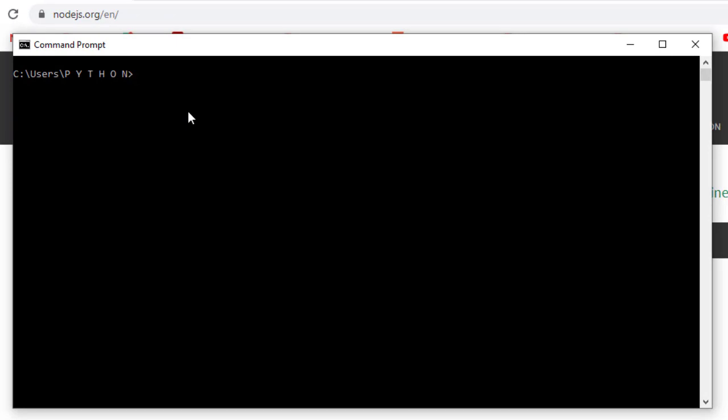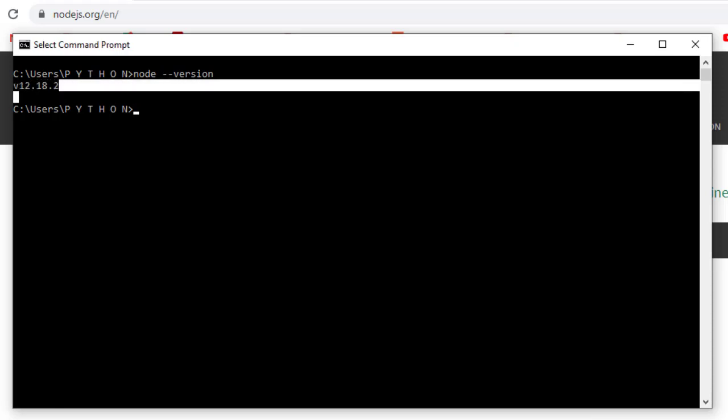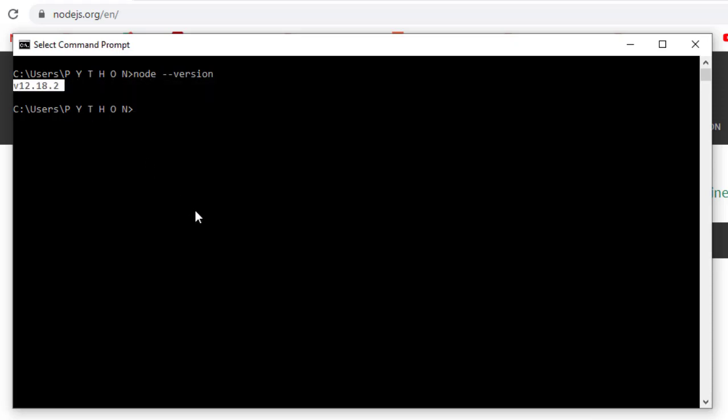Once you have this installed, what you should be able to do, I will just clear my console, is type in node --version, and it will tell you which version of Node.js. I am on version 12.18.2. And what this gives us access to is a tool called npm. If I just type in npm --version, then I am on 6.14.5. And we will be using npm to install various packages to help us build our Angular application.